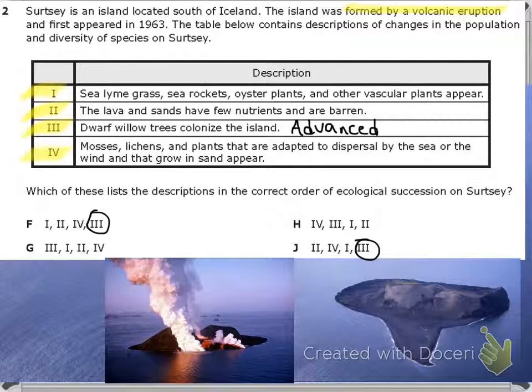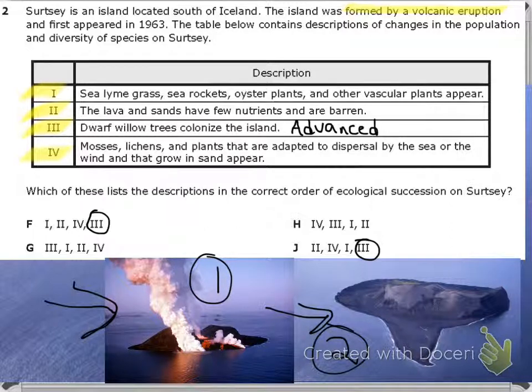Let's thoroughly explain it, even if we find the answer early. Okay, so we know that the island formed by a volcanic eruption, bam, and then it happened. So at that point, it's not going to have much, if anything, on it at all. So if we're looking at the most basic thing, we'll probably look at number 2, the lava and sands that have few nutrients and are barren. Barren just means there's not a lot there. So with that being said, that tells us what's probably the first thing. So really we have our answer at J, but let's look a little further as to why, as the succession